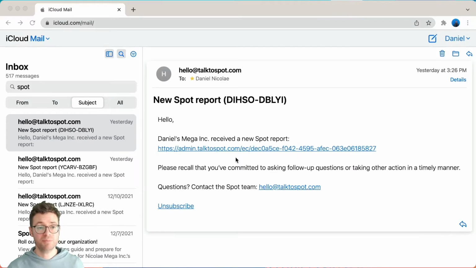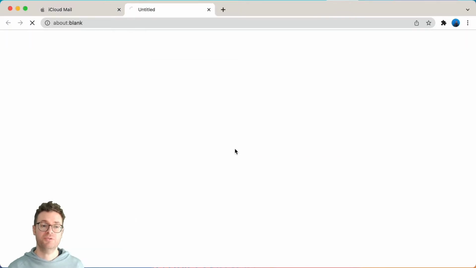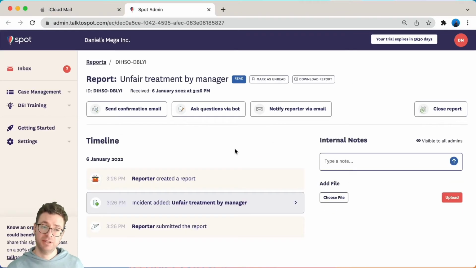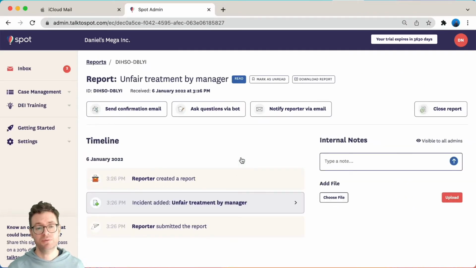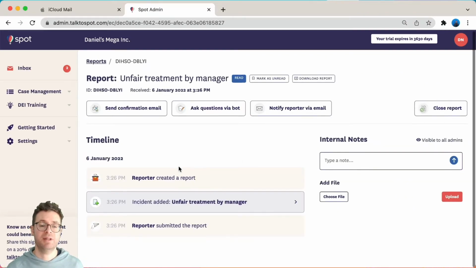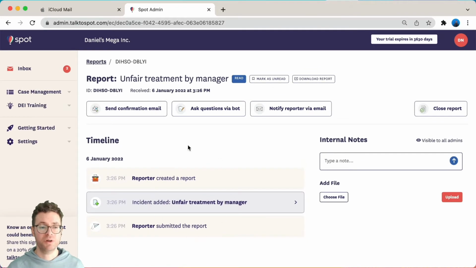When you receive a report, you as the admin will always be notified via email, and the email looks like this. You may also be notified by group email and in Slack if you set up those notifications. Simply click the link, as I've just did, and you'll be taken to the dashboard, which functions like an inbox for all your reports. Click on the new report and you'll see a timeline similar to the one we already